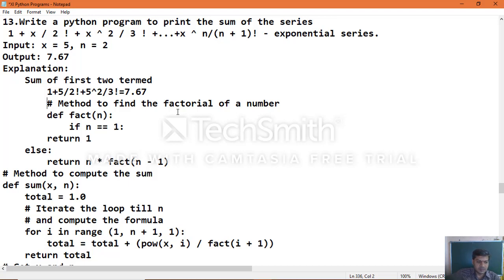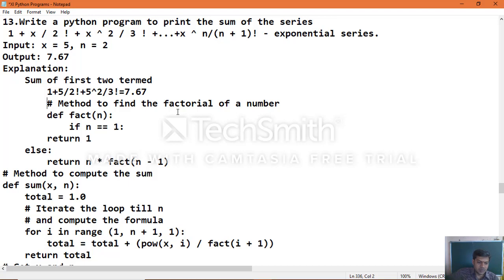Another function which we create here is def sum of x comma n. That n value is the number of terms, and x is the base. Total equal to 1.0, and iterate the loop till n and compute the formula: for i in range 1 comma n plus 1 comma 1. Why we took the end value as n plus 1 means up to that number which you want to calculate the sum of the terms.